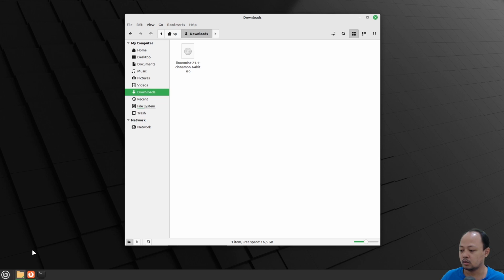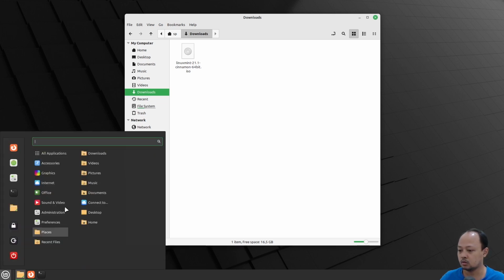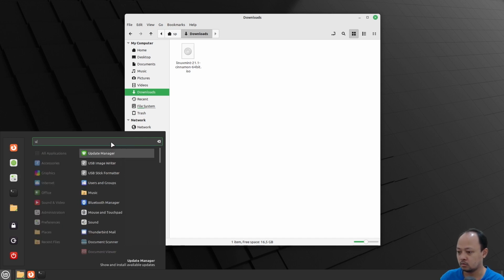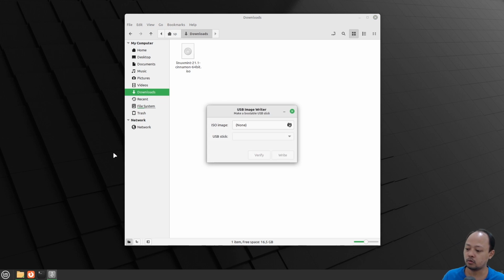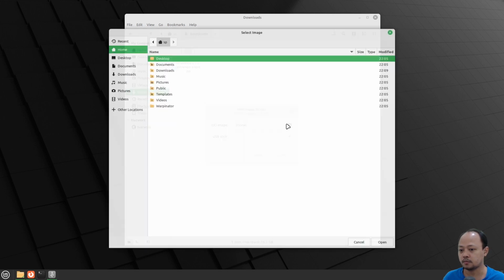Now we have a USB image writer also. It can be used for writing the ISO image to a flash drive. First thing to do before we write an ISO image to a USB, we need to define the ISO image first.